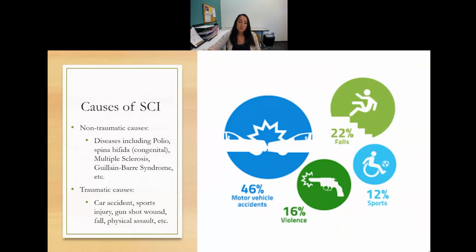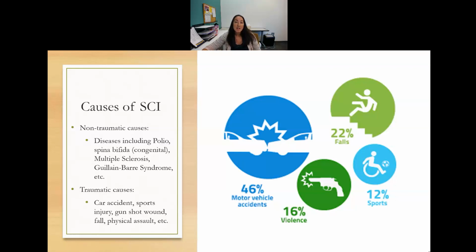Some of the causes of spinal cord injury. There are two categories, non-traumatic causes and traumatic causes. Non-traumatic are some of the things we've already learned about, more like neurological disorders. So polio, spina bifida, that's a congenital disorder, multiple sclerosis, Guillain-Barré syndrome, things like that, that affect either the myelination or the development of the neurons in that spinal column,